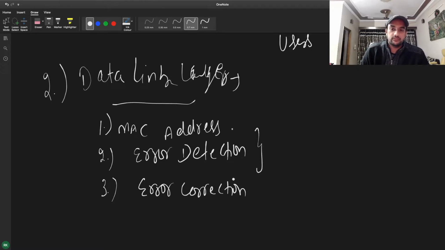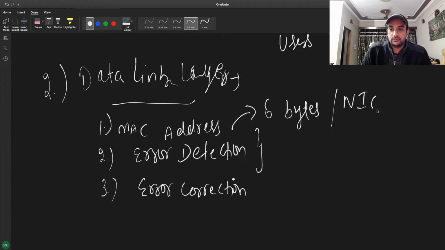So let's discuss what MAC addresses are first. MAC addresses are 6 bytes long, and they are generally unique to every machine. There is a network interface card, and they are generally embedded on the network interface card, and we cannot change the MAC address of a machine. I mean, there is a possibility we can change it at the software level, but that is just for our testing, and that packet cannot go out to the network. So these are very unique to every device which is ever created. So these are 6 bytes long.